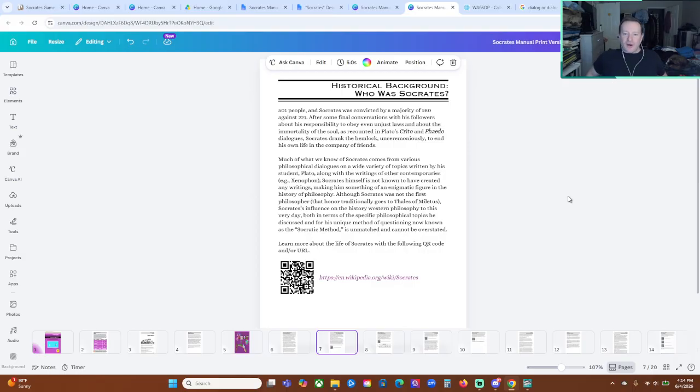Much of what we know about Socrates comes from various philosophical dialogues and a wide variety of topics written by his student Plato, along with the writings of other contemporaries, for example, Xenophon. Socrates himself is not known to have created any writings, making him something of an enigmatic figure in the history